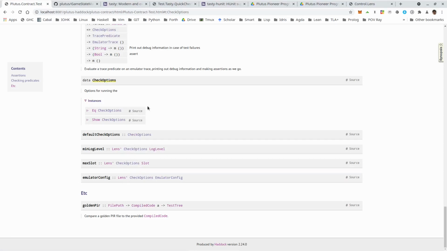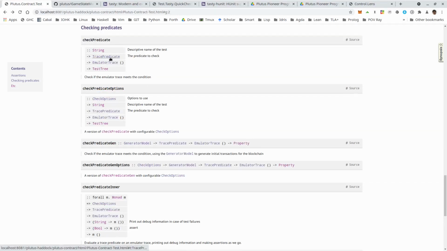It would, in my opinion, have been better to expose the constructor so that we could have, without using optics, interacted with this check options type, for example. But in any case, this we can use here, this emulator config lens, to actually set an emulator config like we did before when we ran the manual trace to specify an initial distribution of funds.